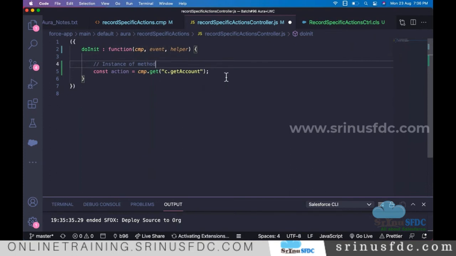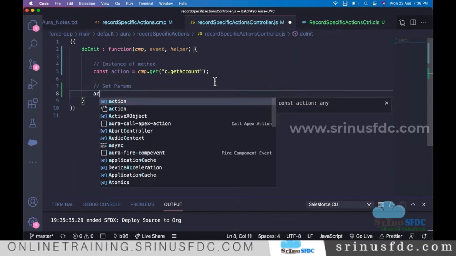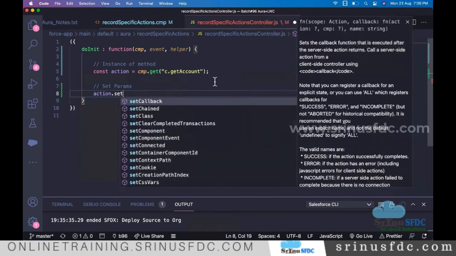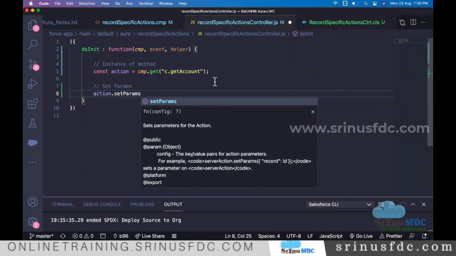Maybe once you know how we call it, going forward, if you repeat again and again, you can easily remember. Next, set params. We have to set the parameters, right? So action.setParams.